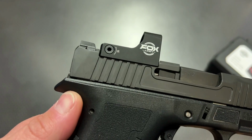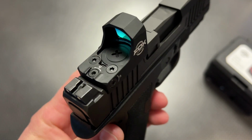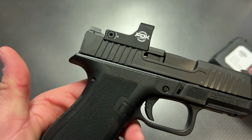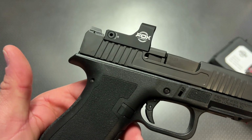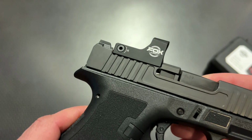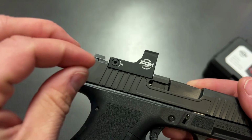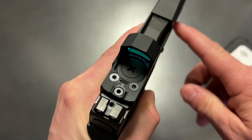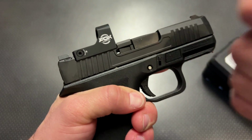The other cool thing about this is it actually features Allen key adjustments for up, down, left, and right, and they have audible and tactile clicks, which a lot of other optics don't have, even at the $200 or $300 price range. Sure, to see a feature like that on a $135 red dot from Foxarmy is great. I love it because you actually click it in and sight it in, and that's what I did down at the range with no issues whatsoever, and it held zero perfectly, so a solid option on top of a micro